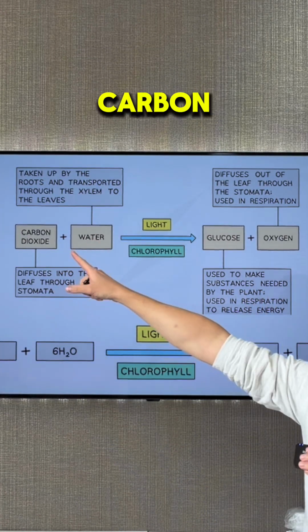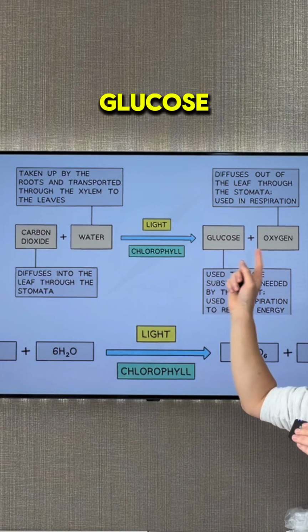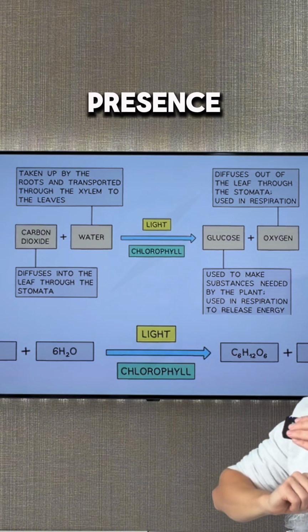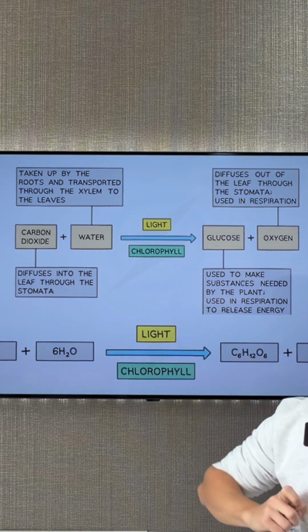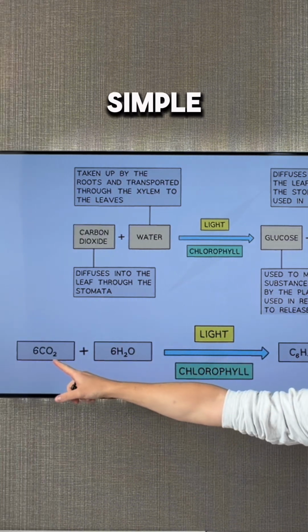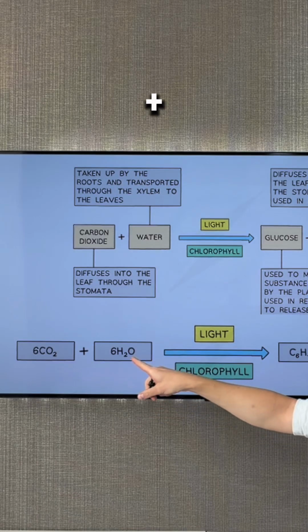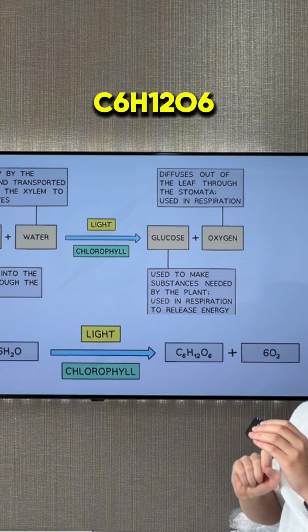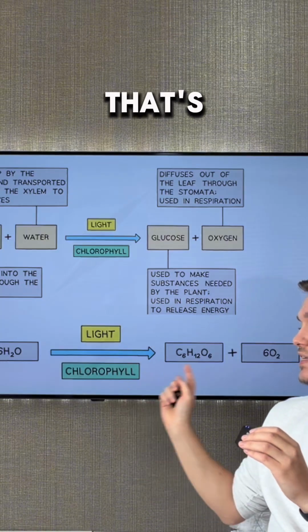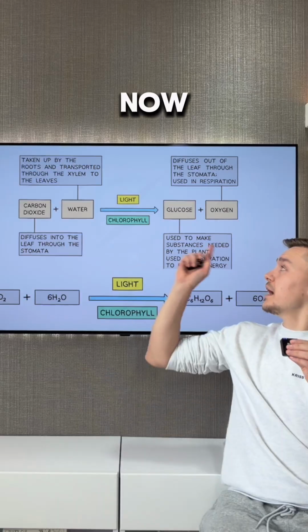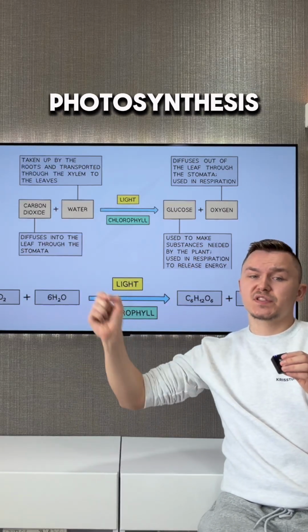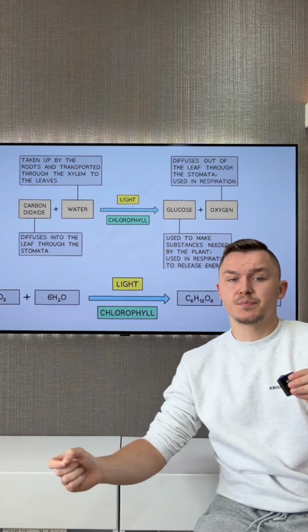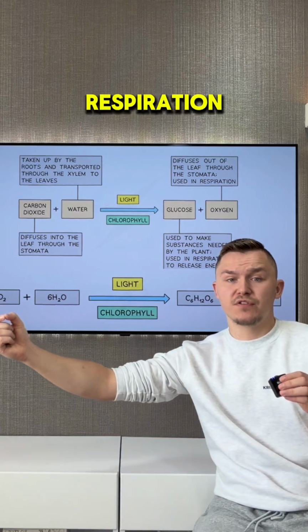The word equation is carbon dioxide plus water makes glucose and oxygen in the presence of light, which is brought in by chlorophyll. And the symbol equation is 6CO2 plus 6H2O makes C6H12O6 and 6O2. That's the balanced equation over here. Now, this glucose that's produced during photosynthesis is super important for plants because one, it's required for respiration to take